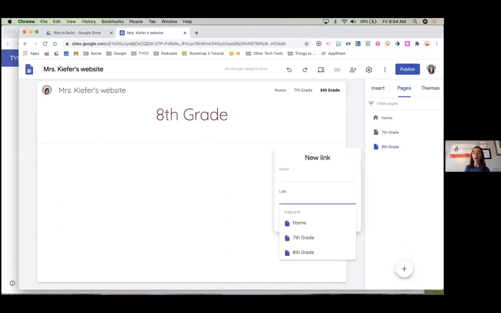If you're going to say, I want to add a new link, maybe I want to link them to my website, my Tech You Can Do website. So I'm going to title that Tech You Can Do. And maybe this is for you, maybe it's the link to your school's website. Maybe, if you're doing a group, it's the link to other groups in your school, like maybe they have a landing page of some kind. And yes, you can open up a new page, copy and paste the URL. I know this one off the top of my head, so I'm going to